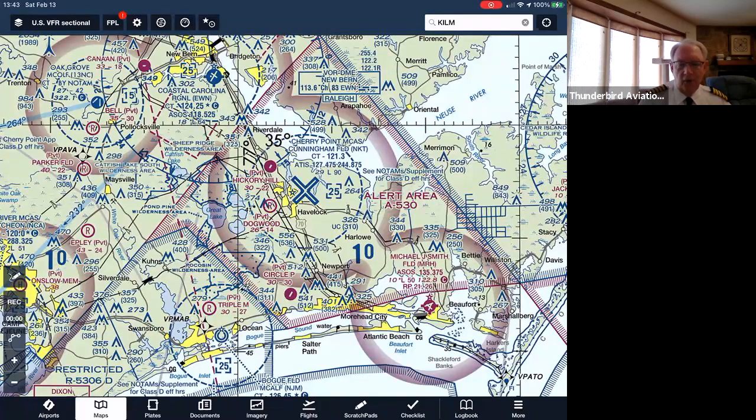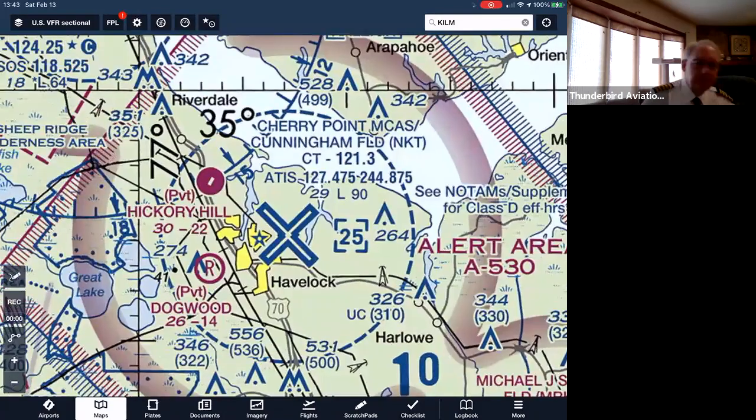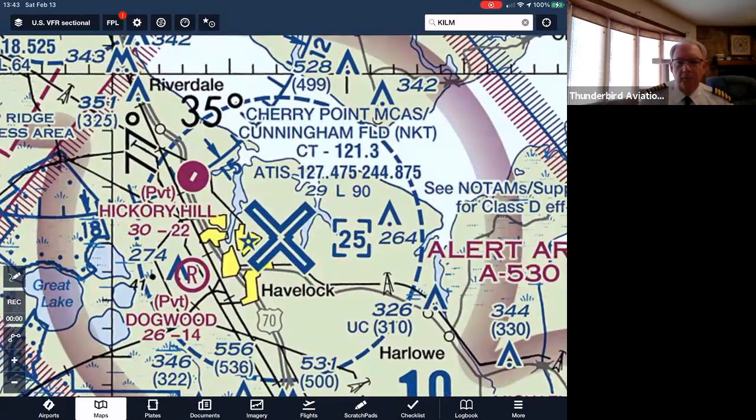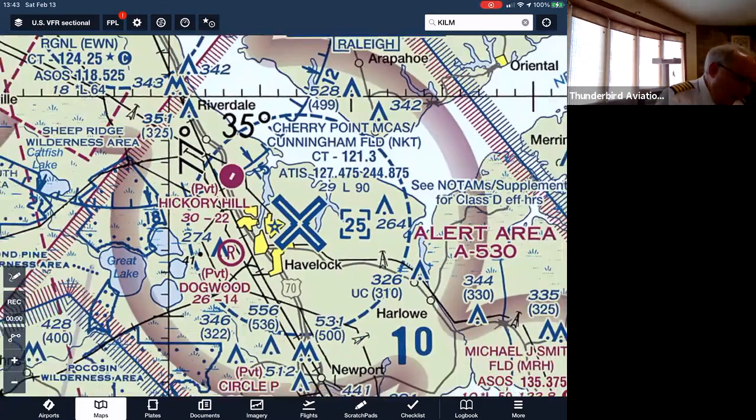When I first started this, the only place I saw alert areas was like this one around Cherry Point Marine Corps Air Station, where they teach the Marine Corps pilots how to fly the F-35 jump jet and the Osprey, those things, because they're the only pilots brave enough to get in those airplanes that can take off straight up into the air, like a helicopter. But it's not only